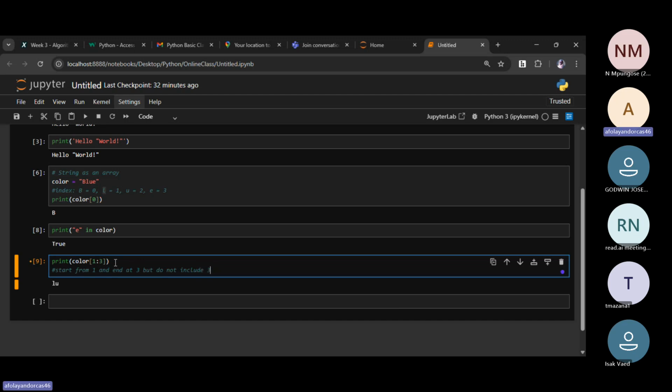It says that it should start from 1, but we want to stop at 3, but the index 3 will not be included. So that's why we did not have our E. If you want to have your E, you can say start from 1 and end at 4. Though we know that our string is not up to 4, because the index is just 3.